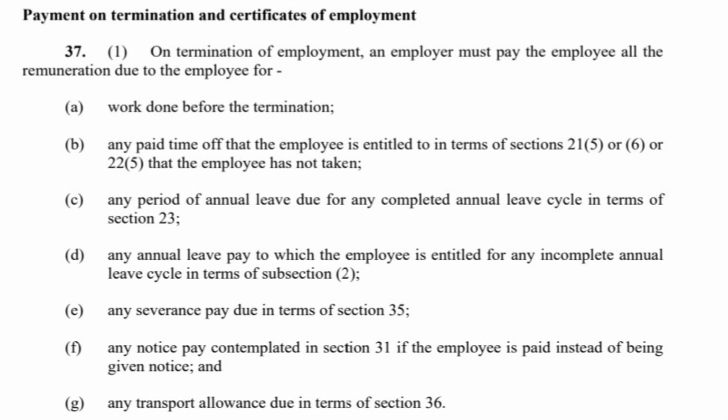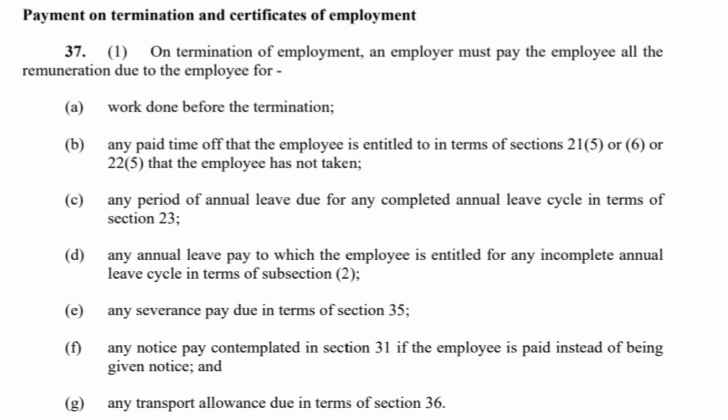So meaning at termination, an employee is entitled to payment for the following: work done before the termination, so meaning their salary that was due, any paid time off that the employee is entitled to in terms of section 21.5 or 6 or 22.5 that the employee has not taken, any period of annual leave due for any contemplated annual leave cycle in terms of section 23, any annual leave pay to which the employee is entitled for any incomplete